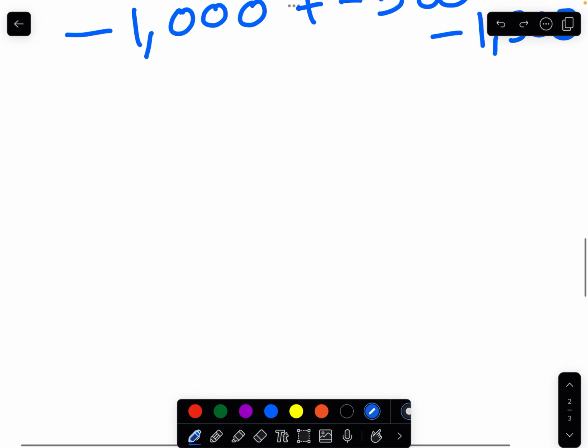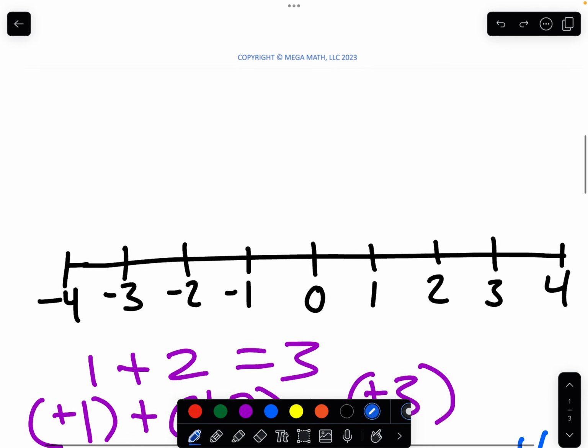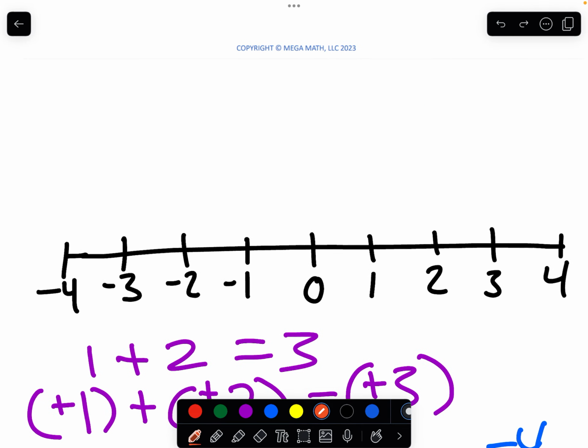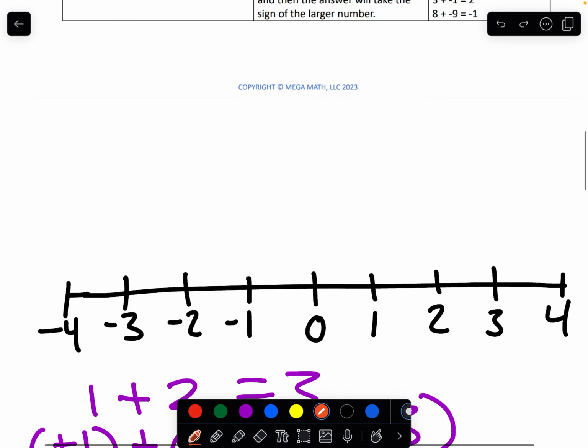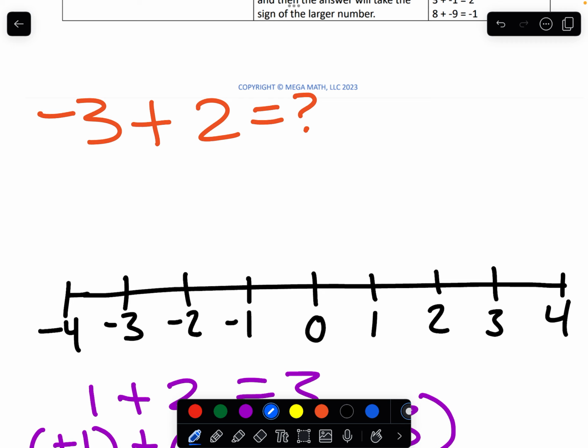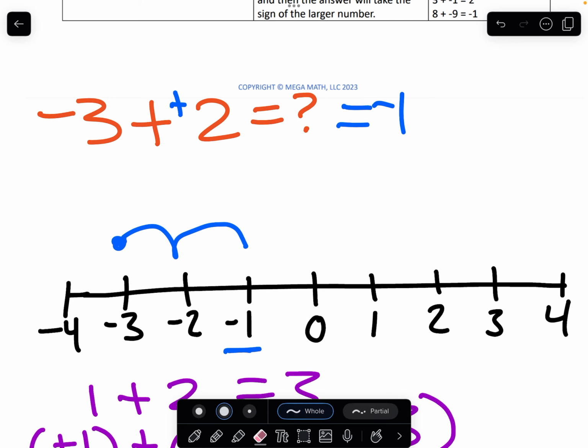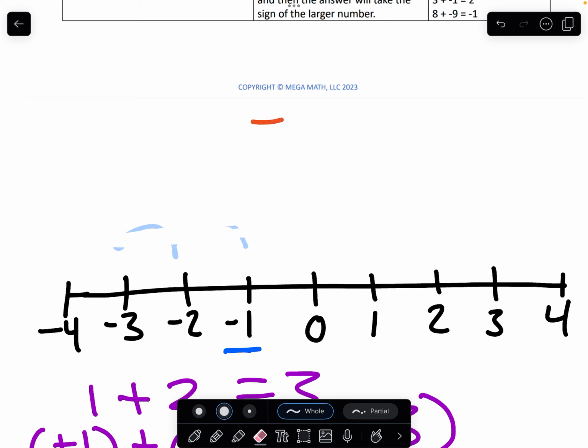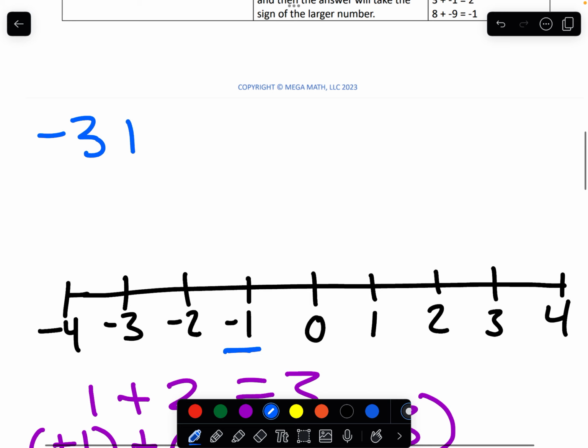So, well, first let's see why this works on the number line. Let's say I have the problem negative 3 plus 2. Well, we start here, negative 3, but we have a positive 2, so we're jumping rightwards, and we get negative 1. So on a number line, we can see why it all makes sense. But using our rules, which is negative plus positive,